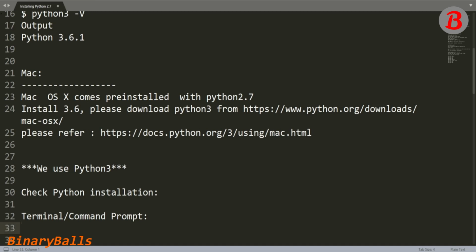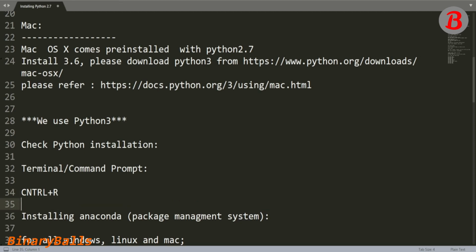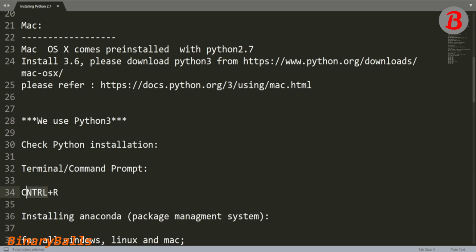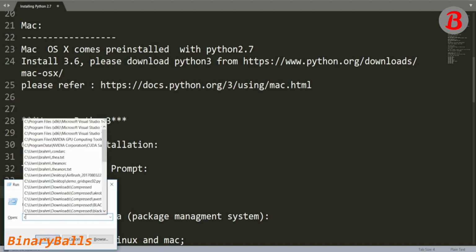So you can open your command prompt in Windows using Windows+R. Sorry, it's not Control+R, it's the Windows button. It's been years since I have used Windows. Trust me, it's been many years. So there is this Windows button with R, which will give us the run command, in which if I type cmd, as you can see here, which means command prompt,